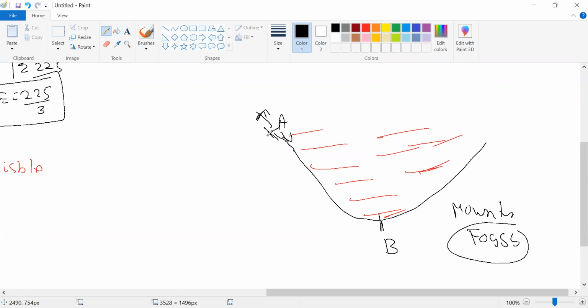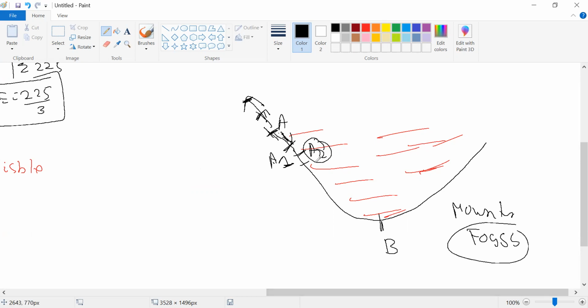Suppose you have some instrument, तो तुम क्या करोगे? तुम एक step ऊपर लोगे, इस तरफ लोगे, and you will measure the height. If the height is increasing, you will come down. So you move towards, let's say, point number A1, and you measure the height between A1 and A. If the height is decreasing, it means you are in the right direction. And फिर तुम उस direction में चलते रहोगे. At point number A2, again you will measure the height. And if the height again decreases when you compare A2 and A1, you continue your journey.